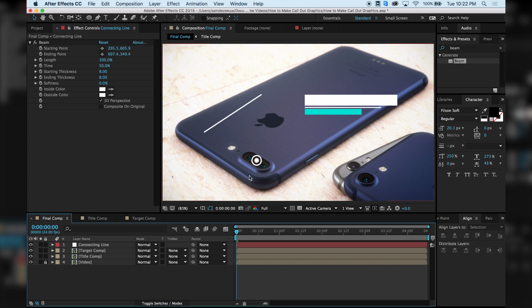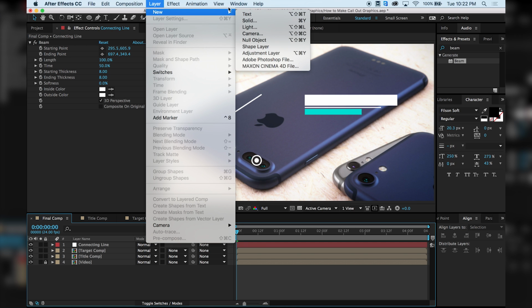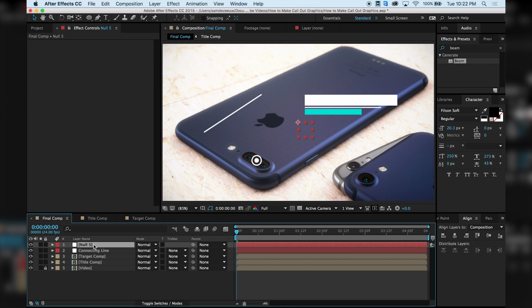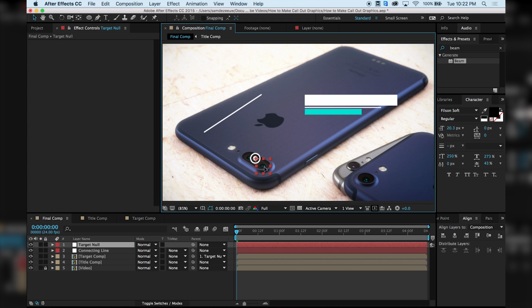these objects to nulls. We have to do that because we also want to parent each end of these to the nulls as well. So I'm going to go to layer, new, and null object, and call this one target null. And I'm going to move this down to our target object, and then I'm going to parent our target comp to our target null. So if we start moving around our target null, actually just our target null, the target comp moves with it